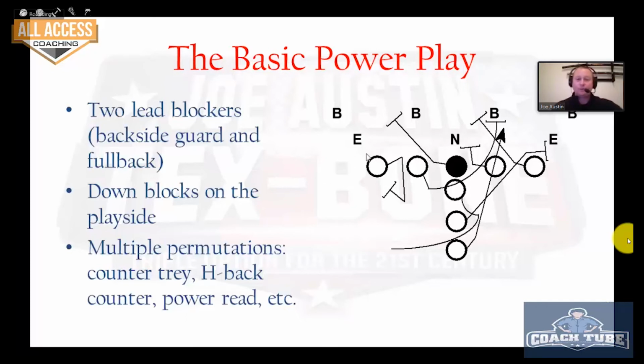Counter tray, where you pull both the backside guard and tackle, or H-back power, where you pull the guard and the H-back. You've got power read. We mentioned that as a one-back play. Lots of different ways to run power. It is one of the most solid football plays around. It's an element of so many different systems and philosophies, and it's a huge part of what we do with